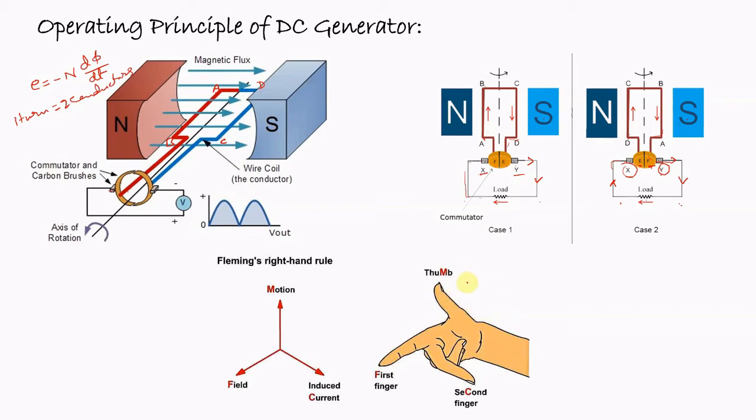Now remember one thing, if either of these two parameters changes its direction, let's say the direction of the magnetic field changes, initially it was in the forward direction, and if the direction of the motion remains constant, then the direction of the current will be reversed. So the current direction will now be in the reverse direction. If either of these two directions changes, then the direction of the EMF will also change, and that is happening here. But using a commutator, we can convert this alternating EMF or alternating current to a unidirectional DC current.